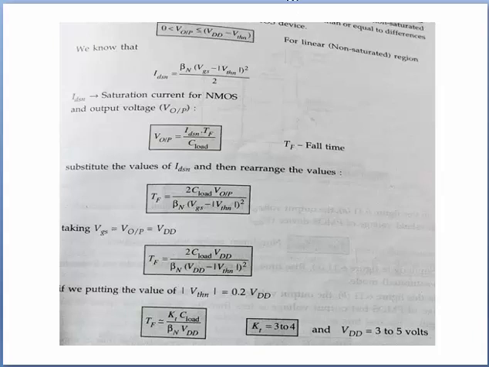We have also covered the MOS device design equation, in which we derived the drain to source current, that is IDS, for three regions. First is the saturation region, second is the non-saturated region, and third is the cutoff region. Cutoff region means no current is flowing. So this is the drain to source current of the NMOS device in the saturation region, that is IDSN is equal to beta N by 2 times VGS minus VTH whole square. So beta is the